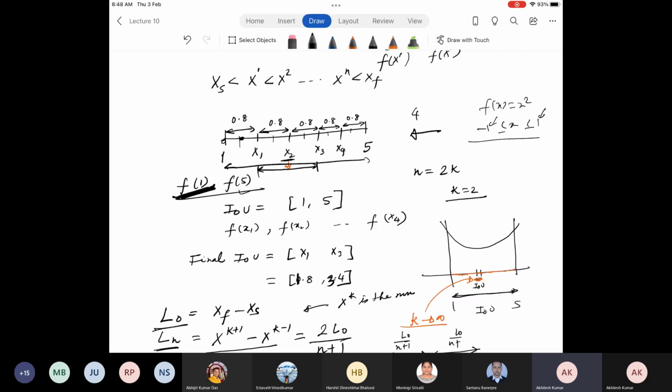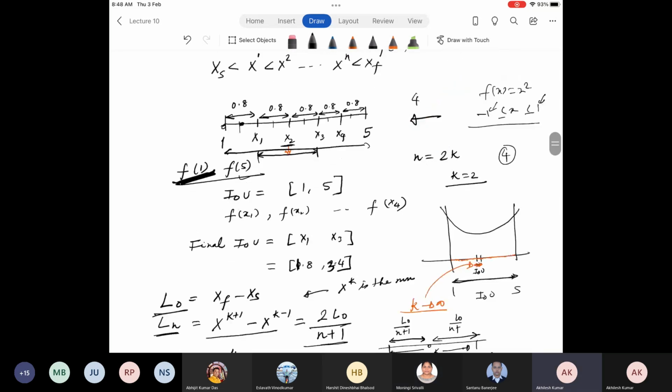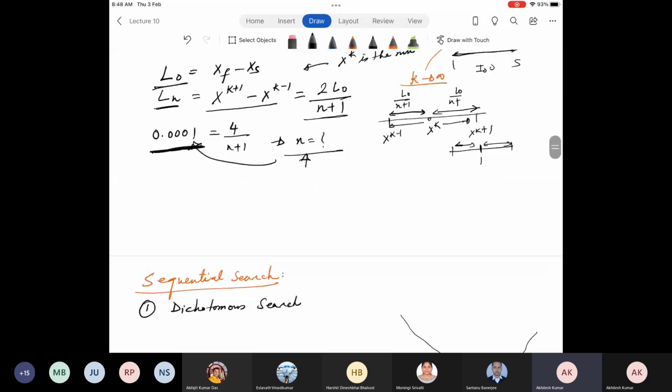If you say, no, I will only use 4 points to find a solution, you may get a suboptimal solution or near optimal solution, not the solution. So what is the criteria for choosing the number of points? Sometimes I have told you what kind of resolution you want. Yes.